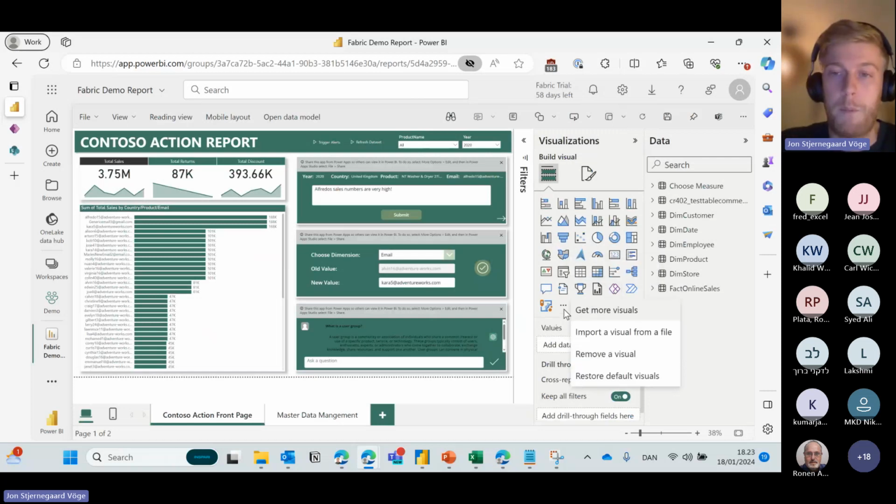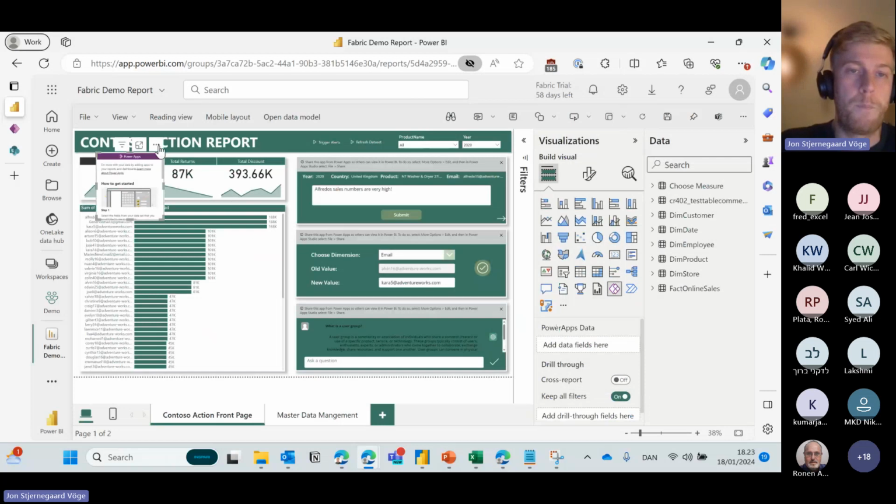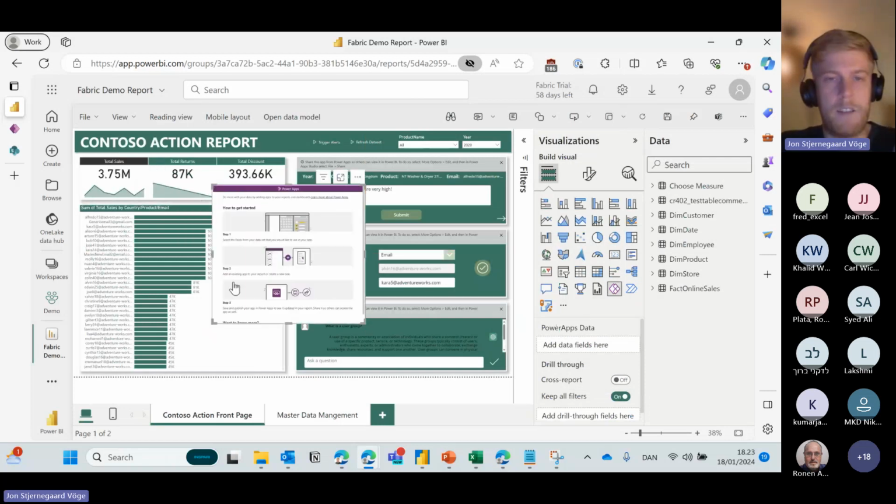You don't need to go into the marketplace or anything to get it. It will be pre-installed no matter what you do, and you can simply insert that to your Power BI report. Once you do that, it will give you a quick guide to get started, but I'll tell you right away